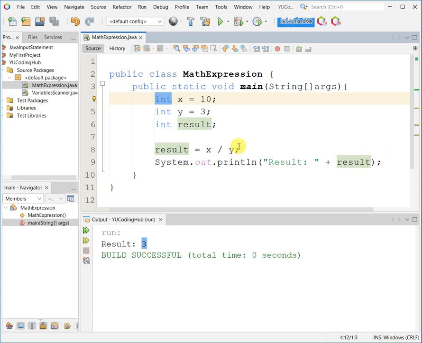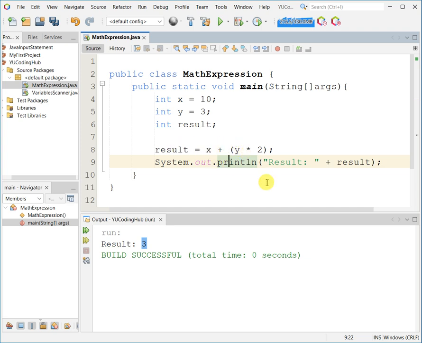Now, we can combine expressions using multiple operators. Just remember to always apply the PEMDAS rule: parentheses, exponent, multiplication, division, addition, and subtraction. So these are the operator precedence rules that we are going to use to be able to combine different expressions. An example of this is x plus y multiplied by 2, something like this. So, combining different operations.